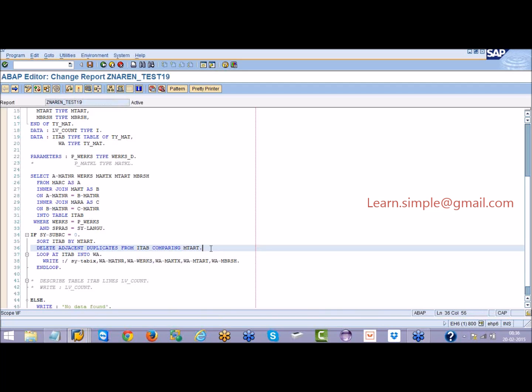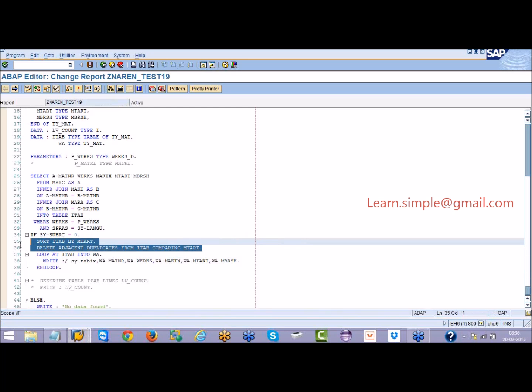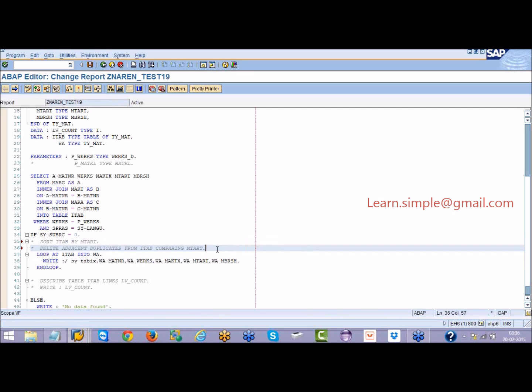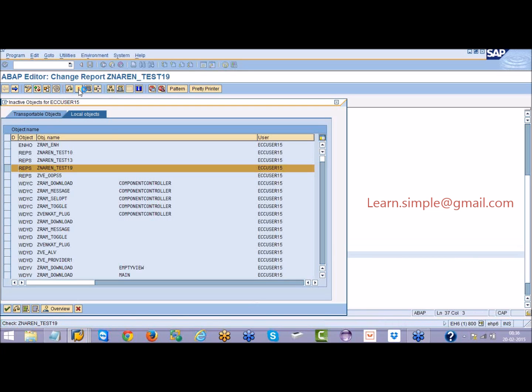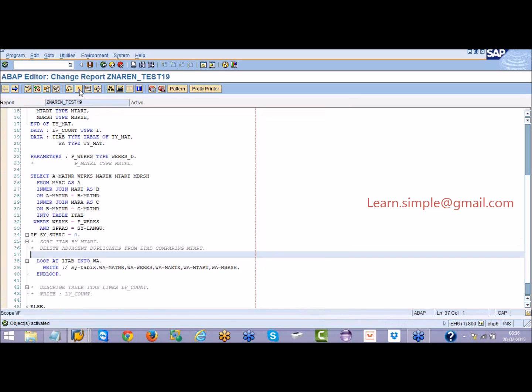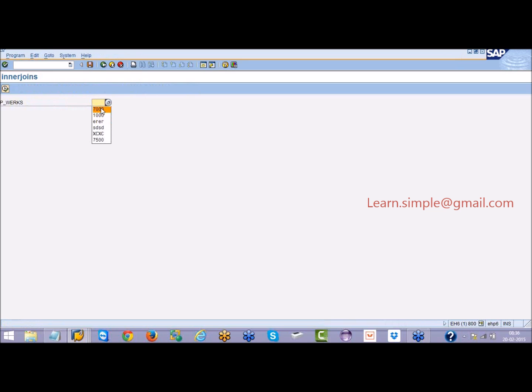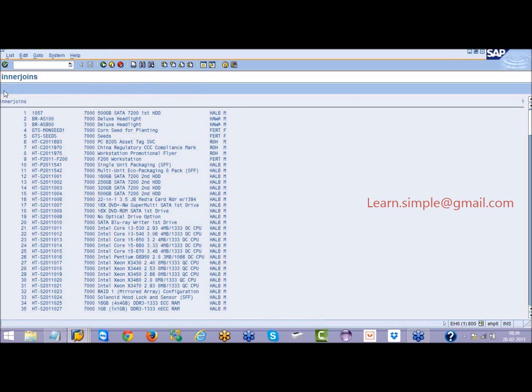And now the next syntax which I am going to use. As of now, if I give 7,000 here, I am getting so many records in the output. But what I want is, among all these records, I want to get one record into the work area